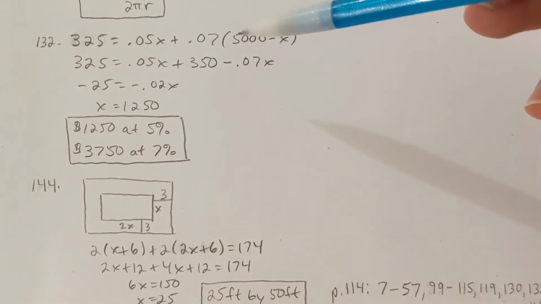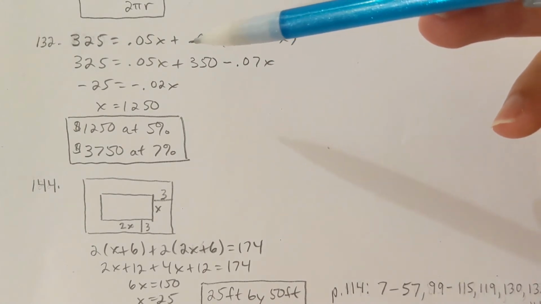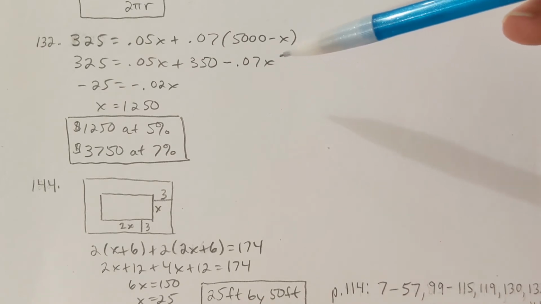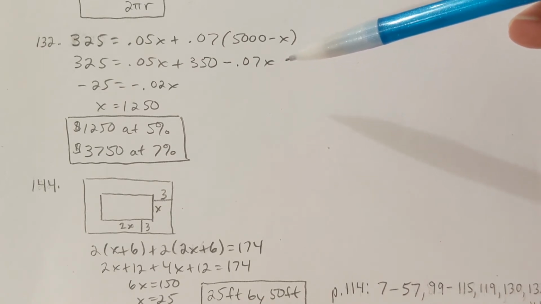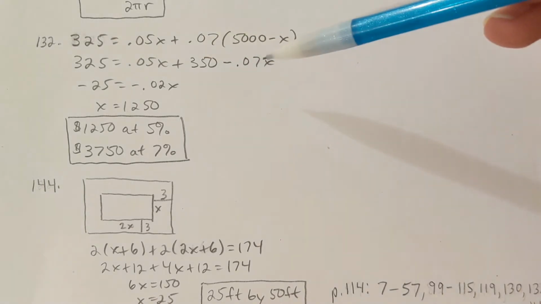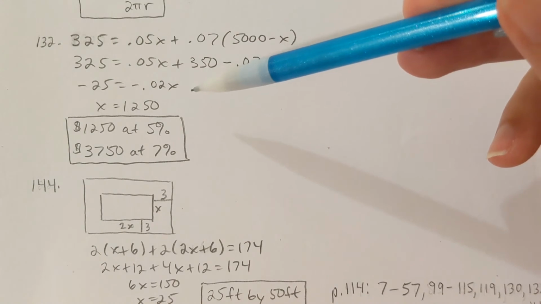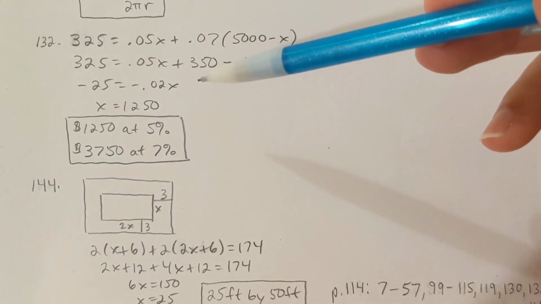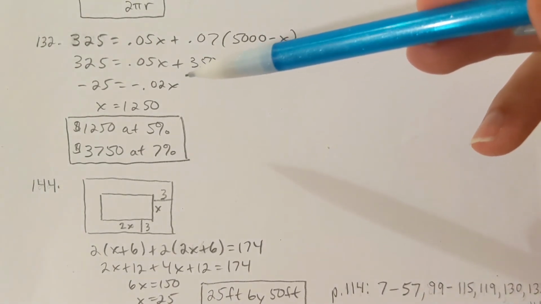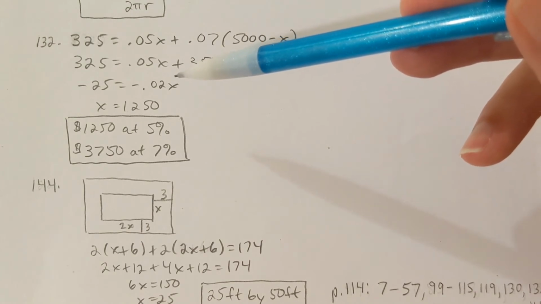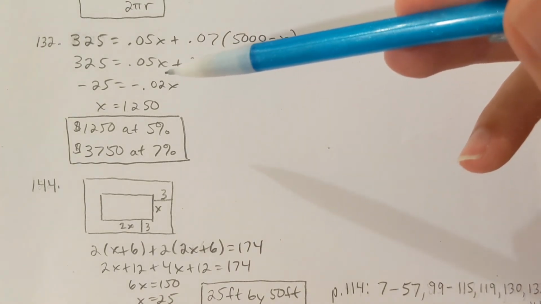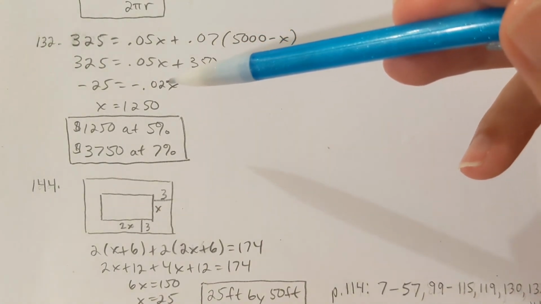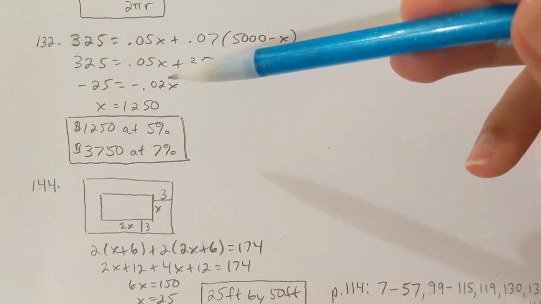Okay, so I'd want to solve this then. $325 equals 0.05x plus 350 minus 0.07x. Okay, 0.05x minus 0.07x is negative 0.02x. 325 minus 350 is negative 25. And if I divide both sides by negative 0.02, then